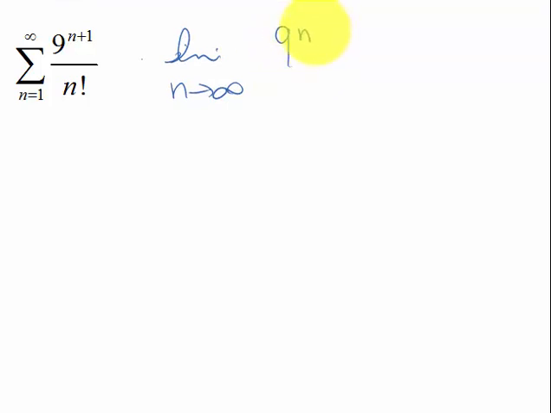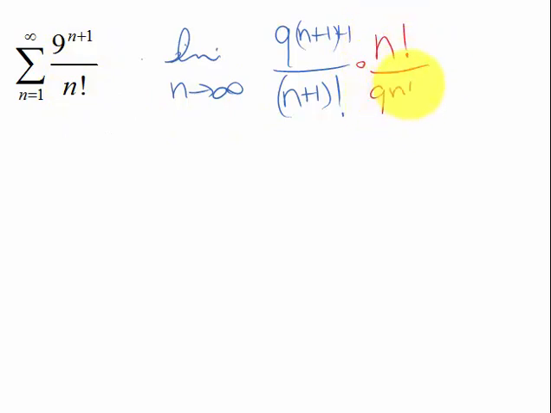So that's going to end up being 9 to the n plus 1 plus 1, and then over n plus 1 factorial, and then I'm going to divide that by the nth term, but I'm going to go ahead and just multiply by the reciprocal of the nth term because that's what happens when I do the division. So now as I look at that and see what I can do to simplify this,